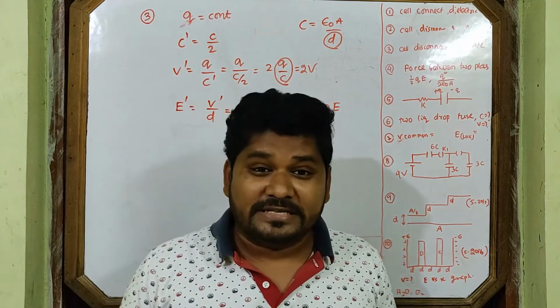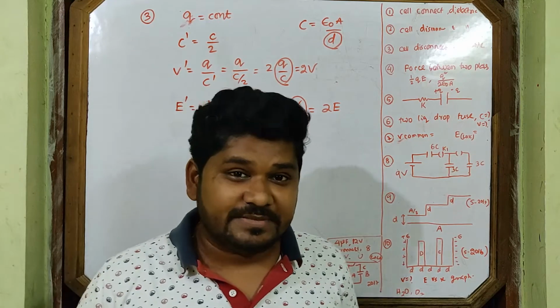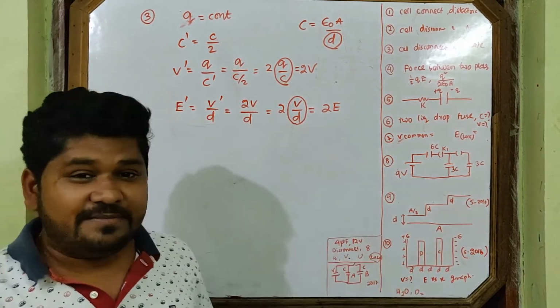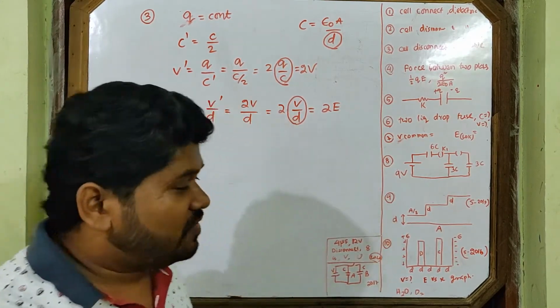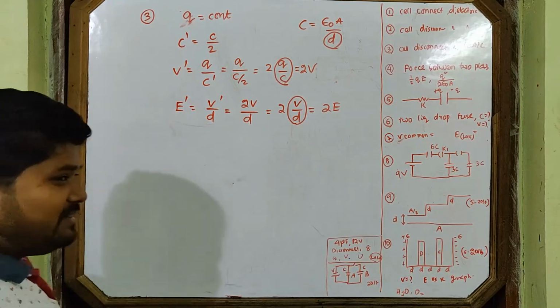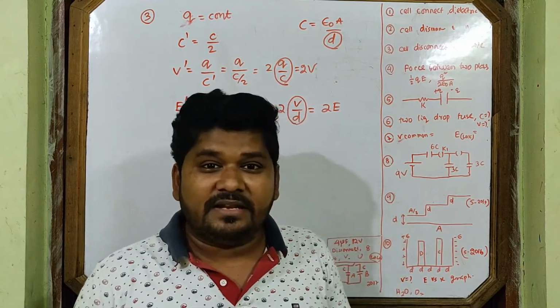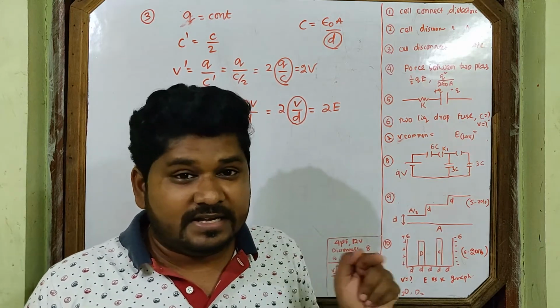This is the common mistake students always make in the exam. Many students make this mistake. What mistake did I make here? Many students make this type of mistake in exams. So what do you have to do here? Students generally forget this one. What? Here the distance is double. They only keep in mind the dielectric insert, but here the dielectric is not inserted.